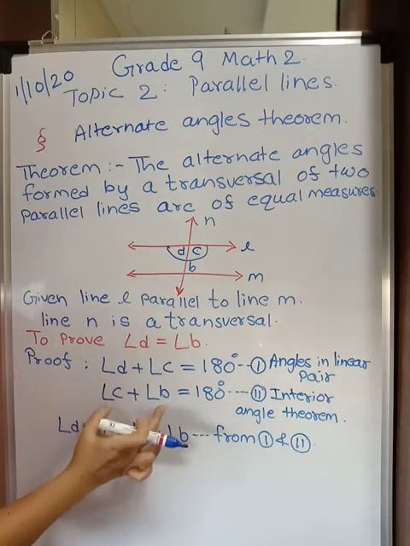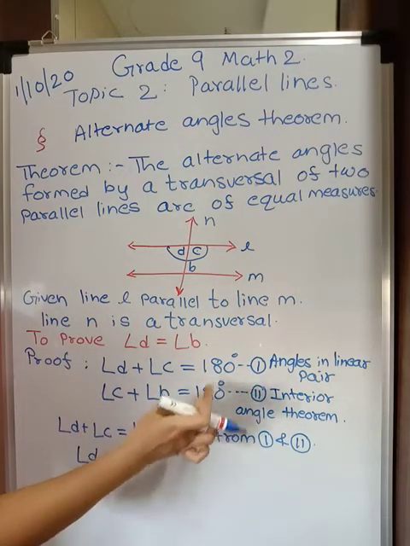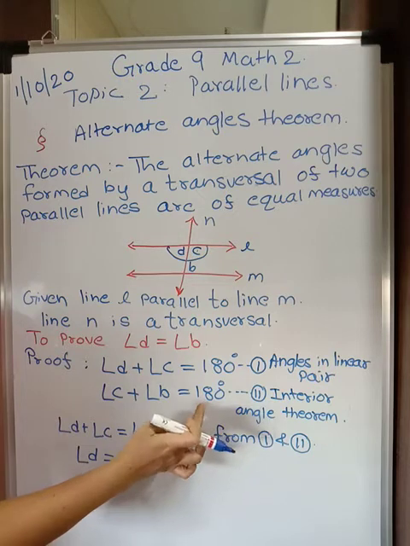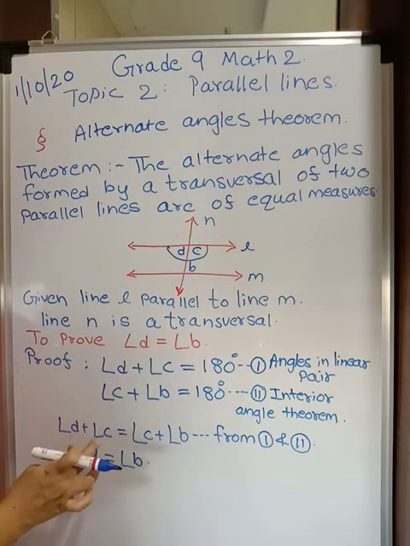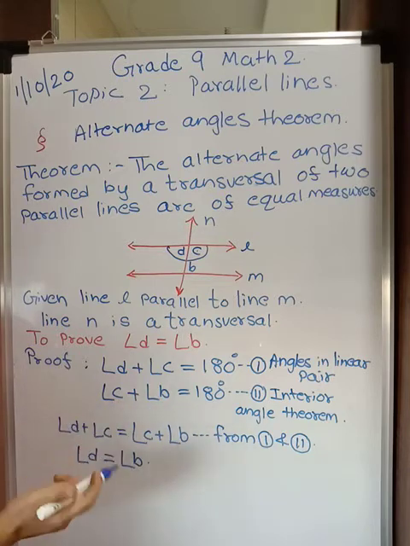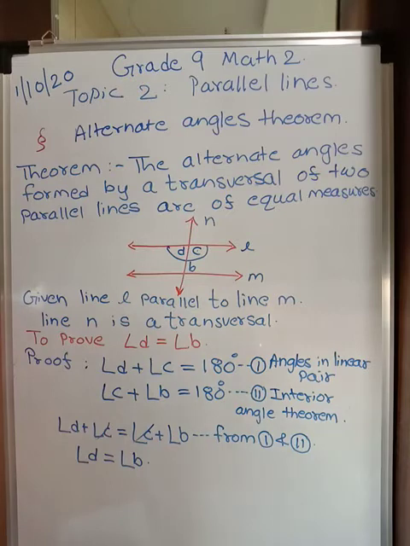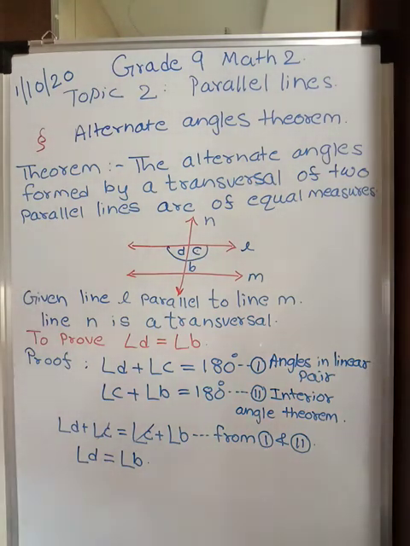Now again watch these two. Their right hand side is equal, 180 degrees. And therefore obviously their left hand side will be equal. So we have angle D plus C is equal to angle C plus B. Again angle C is common, so it gets cut off and you get angle D is equal to angle B. And thus it is proved. Alright. So you can pause the video and take down the proof. Now let's quickly go for practice set 2.1.